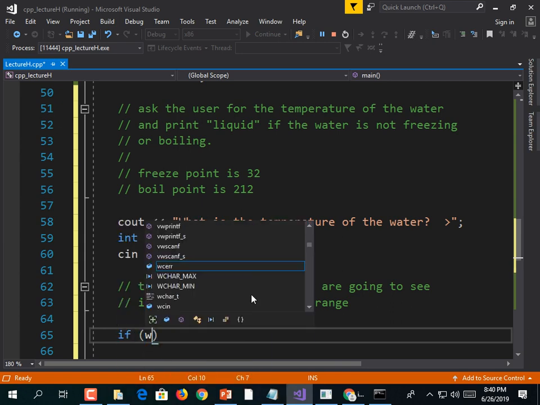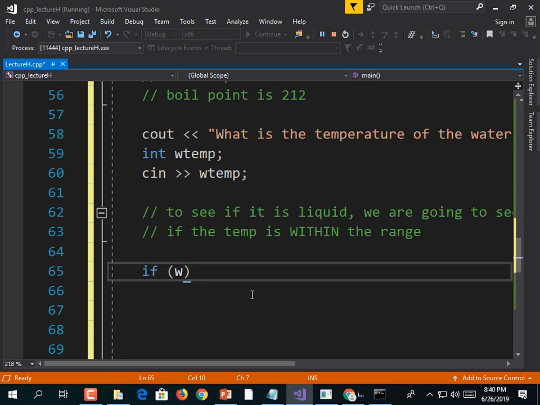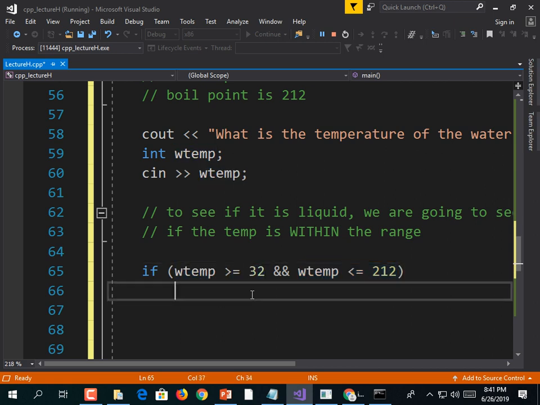If (wtemp >= 32 && wtemp <= 212), then it's not past boiling, and it's not below freezing, so it's liquid. So cout << "The water is liquid.\n";